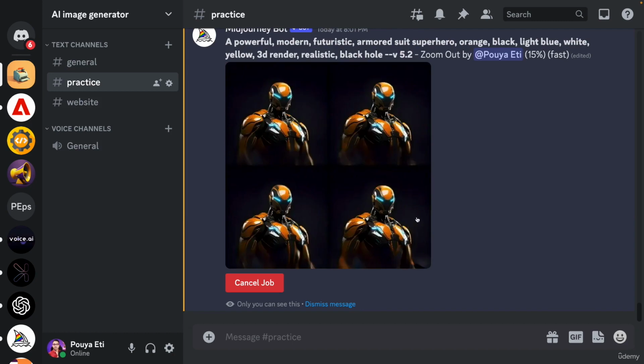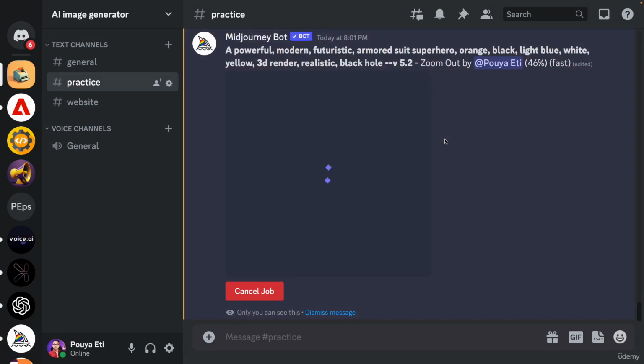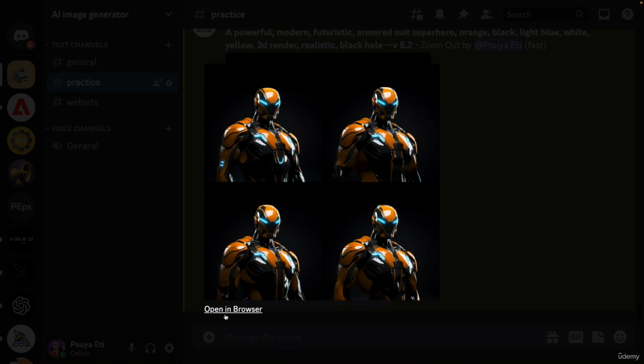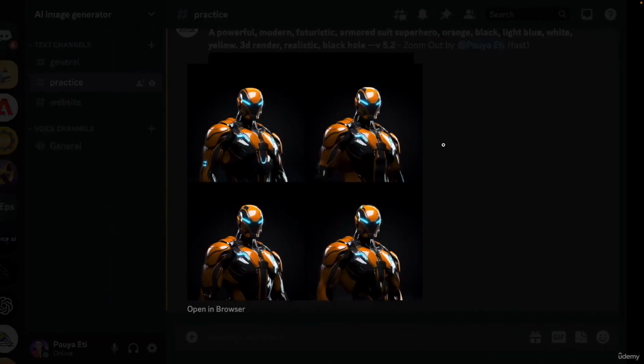The frame is gone, and now it is trying to generate the rest of the image, but making it a square. So let's wait for it to complete. All right, the image is ready. And this way, with a simple click, you can make the image that you liked before a square. So these were the new updates that we had on Midjourney